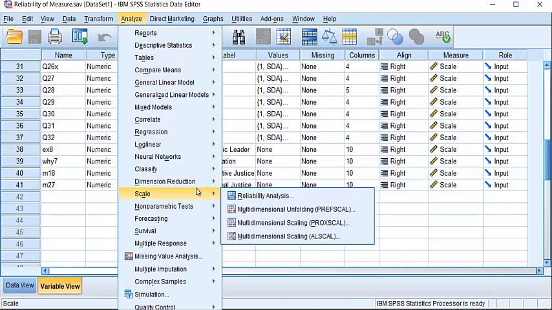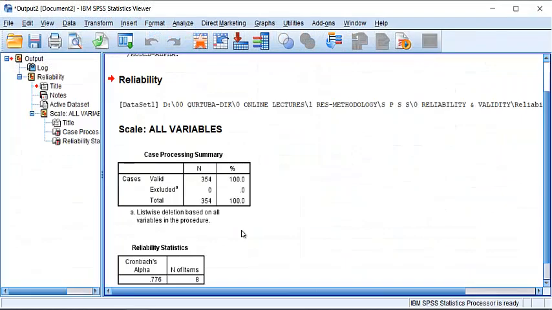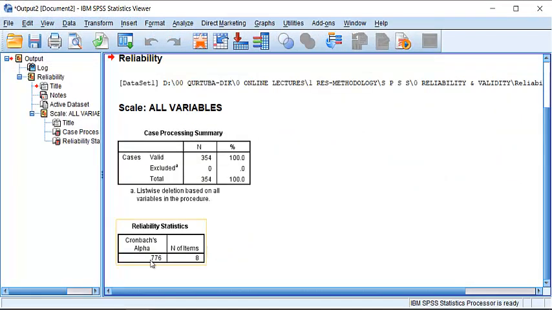In Analyze, we will select Scale and Reliability Analysis, and then we have to pass on all the questions related to variable 1, that is authentic leadership. We have used 8 questions for every variable, so 8 questions will be selected and transferred to the items box, and OK. The result is 0.776 and the number of items is 8.